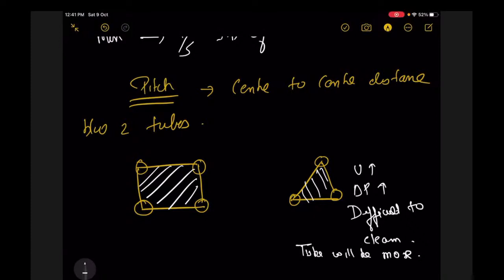यहाँ पे यू विल बी लेस, डेल्टा पी विल बी लेस, बट इसका सबसे अच्छी बात क्या है, क्लीनिंग इज इजी। सो ये डिपेंड करके अब है ना, कौन सा फ्लूइड हम कहाँ पे यूज करेंगे, कौन सा फ्लूइड यूज कर रहे हैं उसके हिसाब से। एंड ट्यूब विल बी लेस,